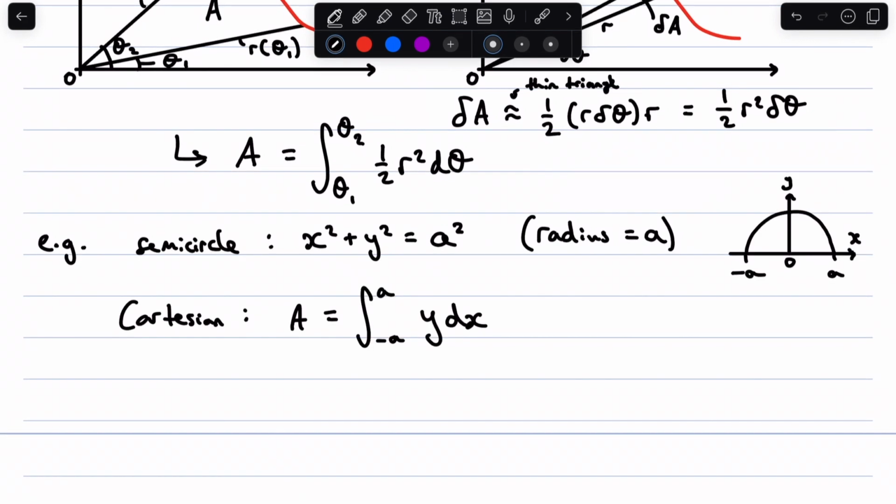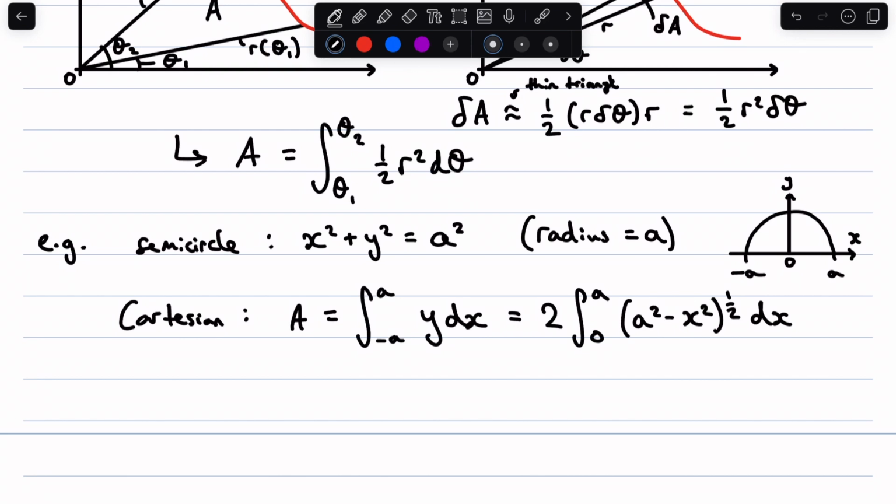Starting with Cartesian coordinates, we're integrating over this whole area from minus a to a, so our limits are going to be minus a to a, and the area will equal the integral of y dx. And as this is a symmetric function, this area is the same as this area, so we can just say the whole area is 2 times the area from 0 to a. So we write this as 0 to a times 2, and we're going to find y by rearranging this equation, our Cartesian description of a semicircle. So y is equal to the square root of a squared minus x squared